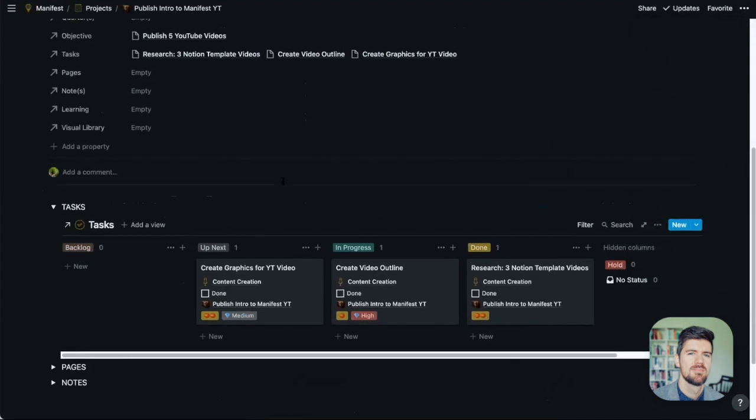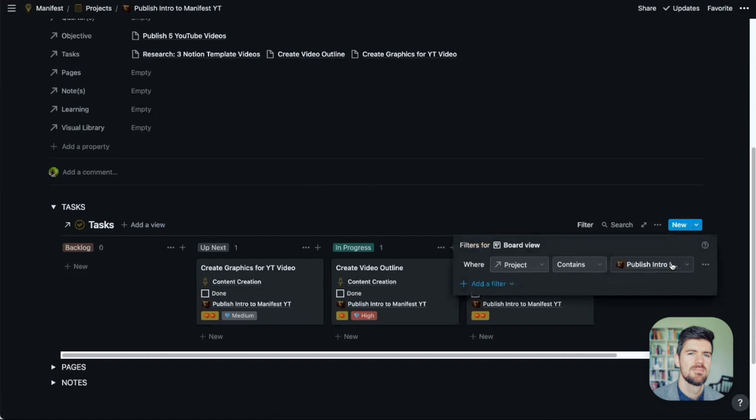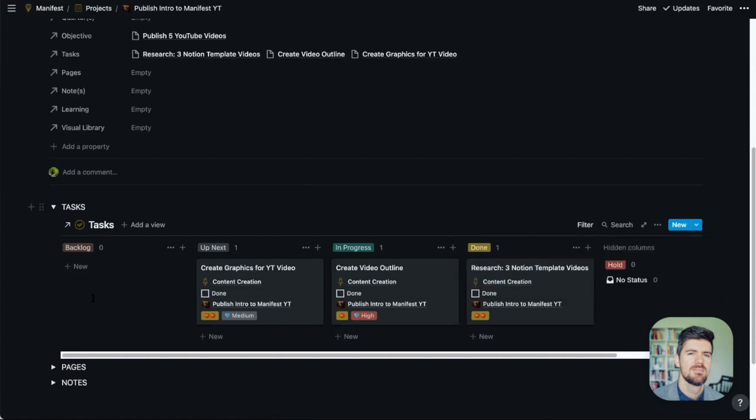So these 3 spaces are part of that template. So once you filter to this particular project, which will do the same thing for pages and notes, it automatically opens up a Kanban style board where this is, if you're working in the project, if it's high priority first thing in the morning, we're opening this up and moving through this board. So if I know that this is done, I'll make sure to check that.